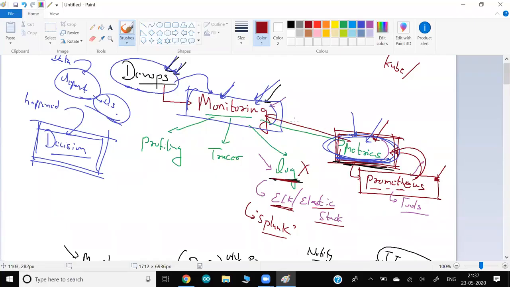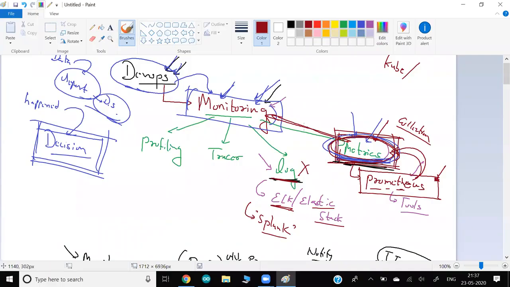So Prometheus is just a metric collection tool. And after you have the metrics, do you want to monitor or not? That would be your choice. If you want to monitor, you can monitor it.